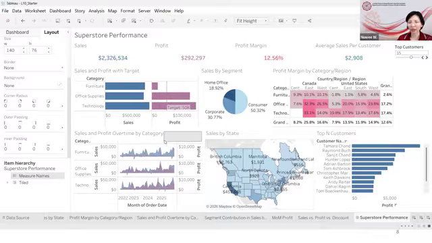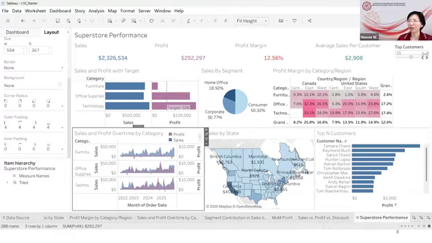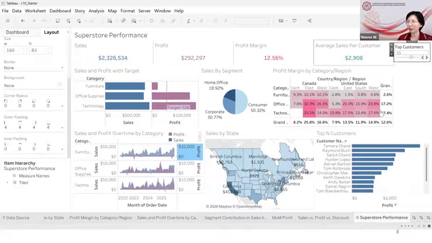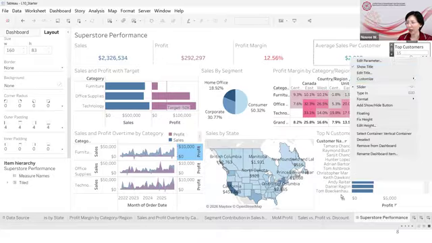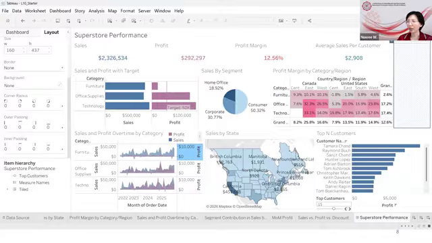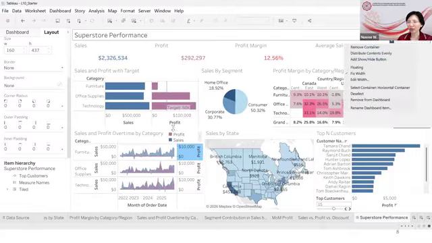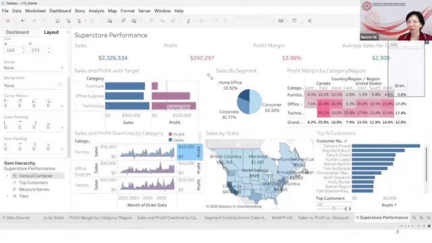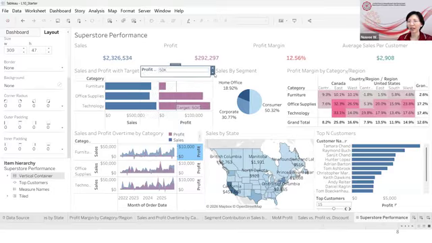This one also put it as floating, then we can put it where it's available. ตรงนี้ก็จะกินที่ไม่เยอะ profit target ก็เหมือนกัน ให้มัน floating แล้วไปไว้ตรงนี้ มันก็จะกินที่น้อยลง